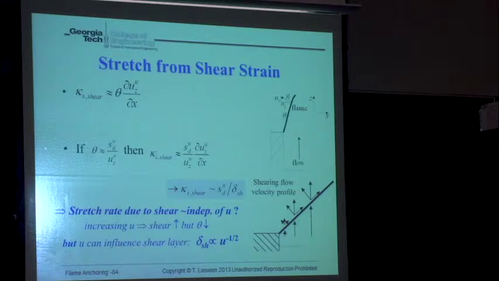A laminar shear layer scales as square root of u. And I can't remember what it scales like for a turbulent one. And it also is going to be dependent on whether you're in the viscous sublayer or in the inertial regime of the turbulent boundary layer, right? So